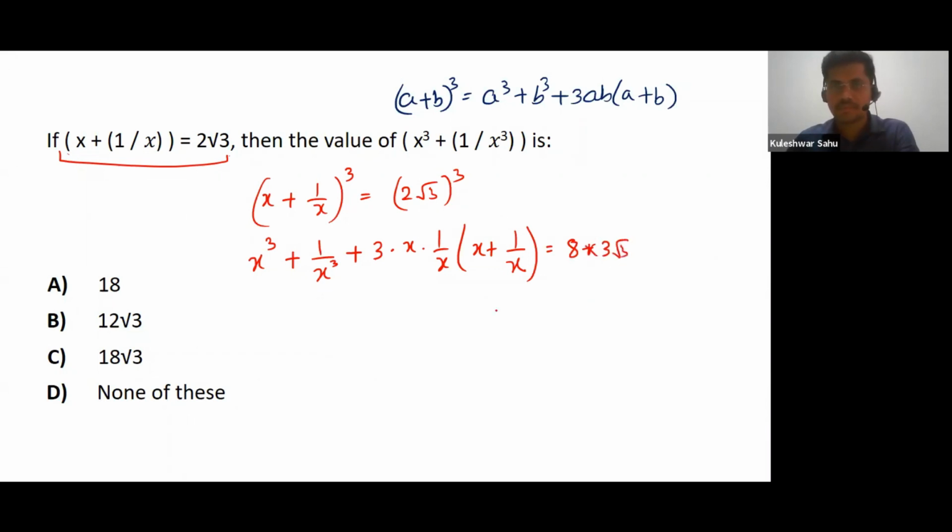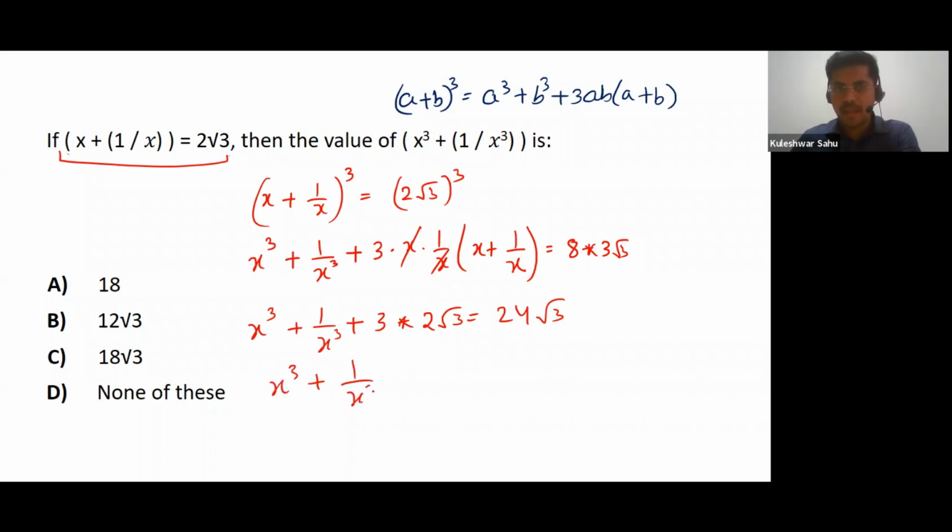Root 3 cube is 3 root over 3. Now we need to find the expression x cube plus 1 by x cube, so I'll just write it as it is. As we can see, this x and this x will get cancelled. It will be left with 3, and x plus 1 by x value is 2 root over 3. 8 into 3 is 24. x cube plus 1 by x cube will be equal to 24 root over 3 minus 3 into 2, 6. 24 root over 3 minus 6 root over 3, we are going to get 18 root over 3,